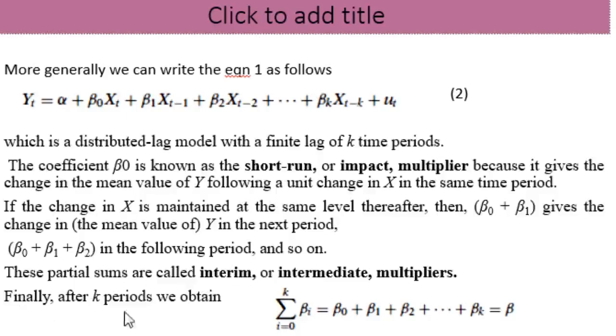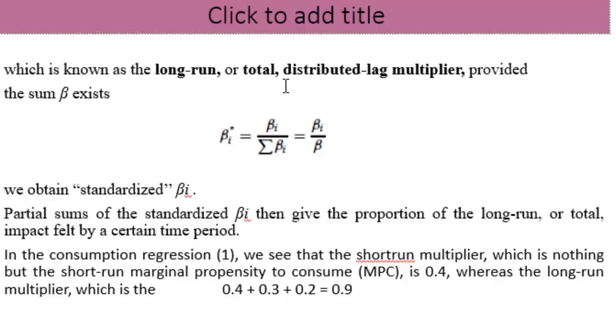And finally, after k periods, we obtain the sum over i equal to 0 to k of beta i equal to beta. That is, the sum of all these, beta 0 plus beta 1 plus beta 2 plus beta k, will be equal to beta. This is the long run multiplier, known as the long run or the total distributed lag multiplier,